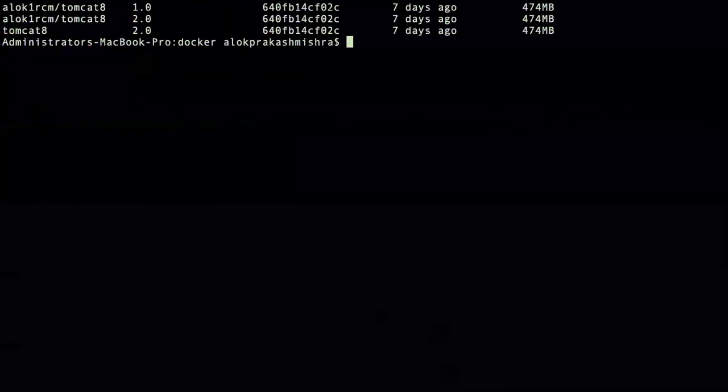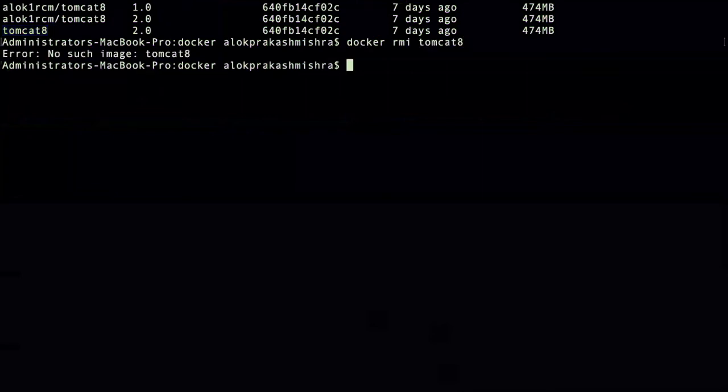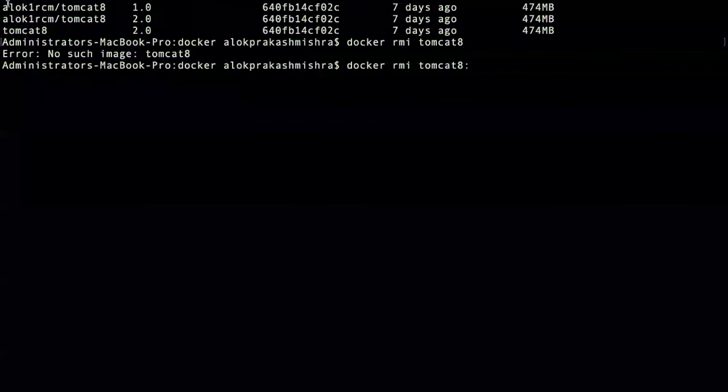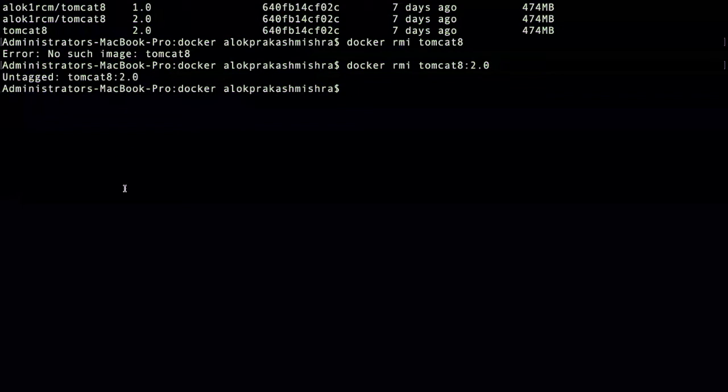So docker images. You can delete the image also, rmi, if it is not used by any container. Because by default the latest tag is there, but 2.0 it will try and tag.